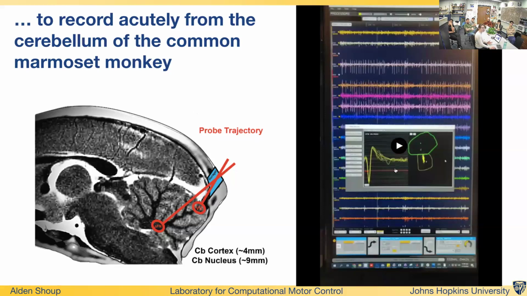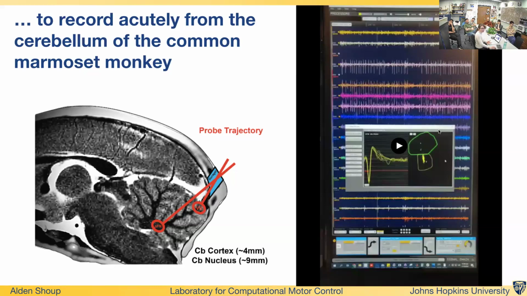This I'll show you is, I would say, a pretty typical day of recording with these probes. As you can see before I run the video, this is a view of the different channels that we have on our probe, and this is probably 15 or 20 channels. You can see that there are spikes on most of them. We get a pretty good density of cells in our recordings, and on a good recording day, we'll get somewhere between 50 and 100 neurons with our